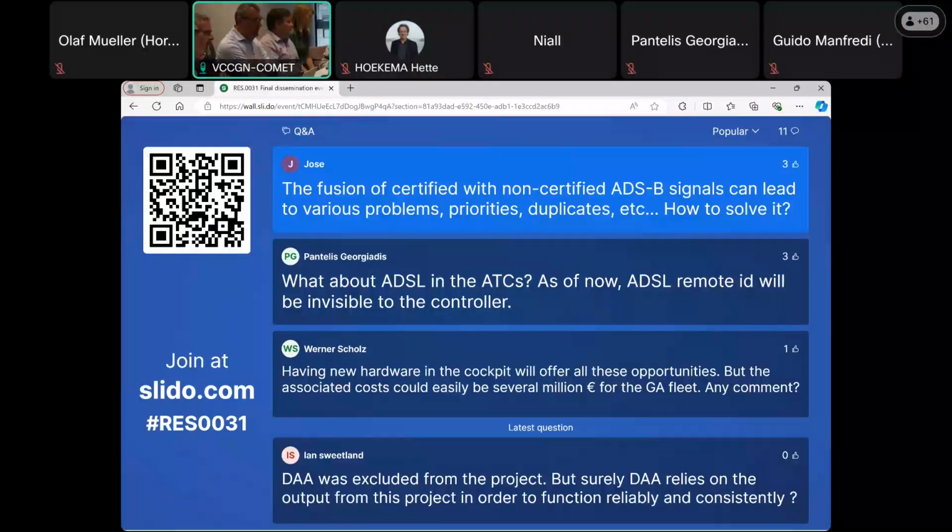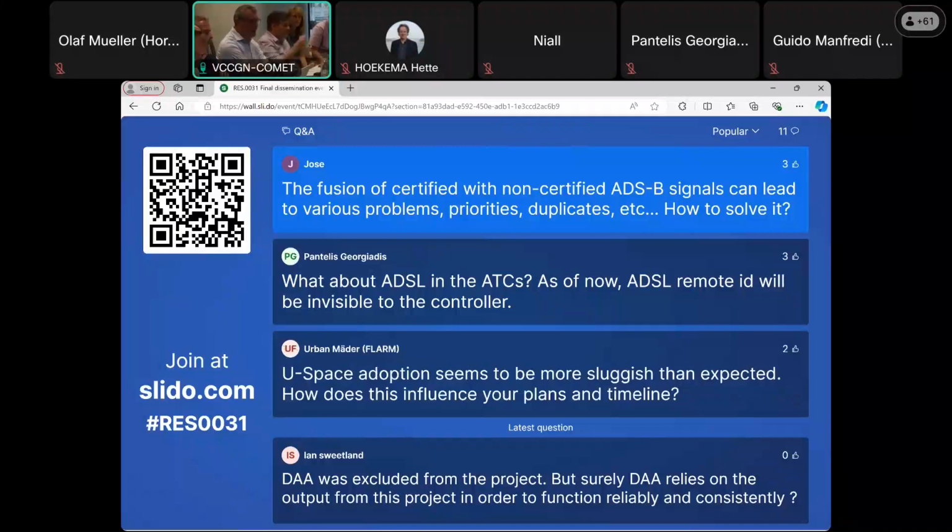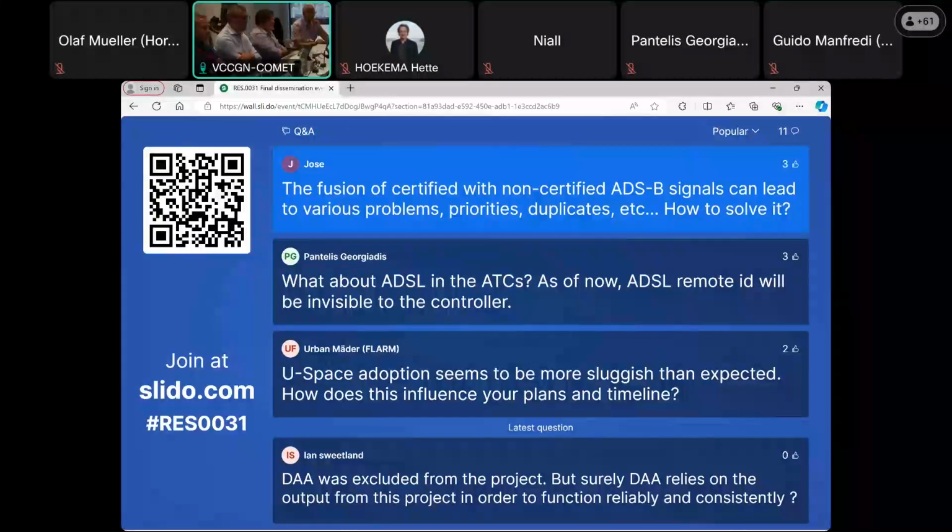Yes, and this is a known problem. Thank you, Jose, for the question. There are ways to address it, for example, through unification of address. We will need to look at this, how and what unique address could be used to avoid the problem of duplicated